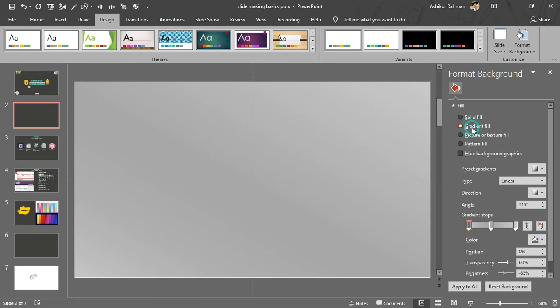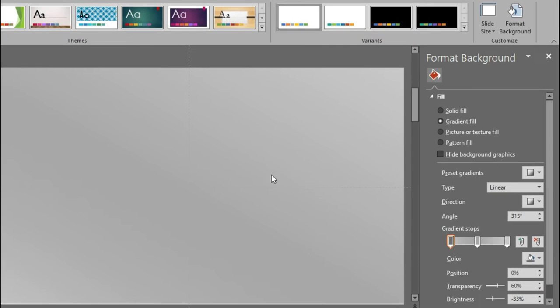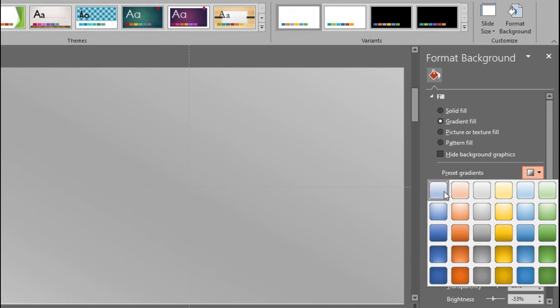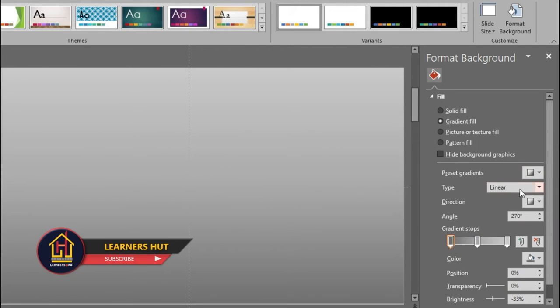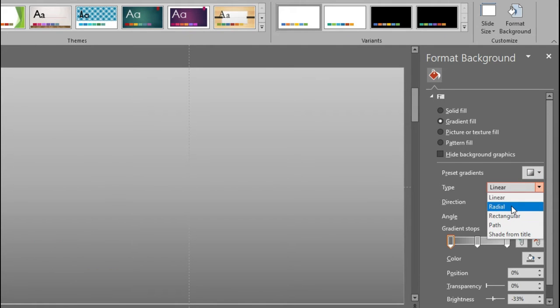Then click on gradient fill, so you can have gradient filling in your presentation. These are some preset gradients. You can use the ones they have given with colors also. If you want to choose this, then you can set the gradient type also, like linear, radial, rectangular.